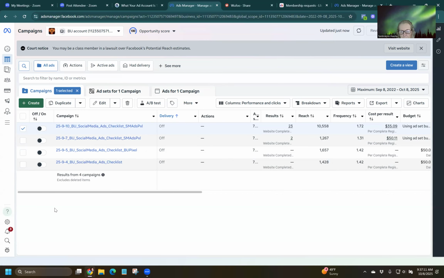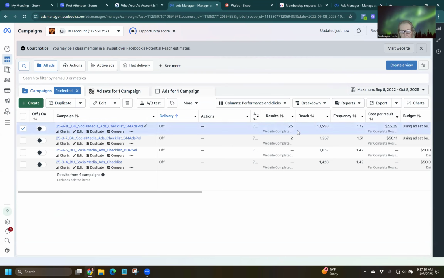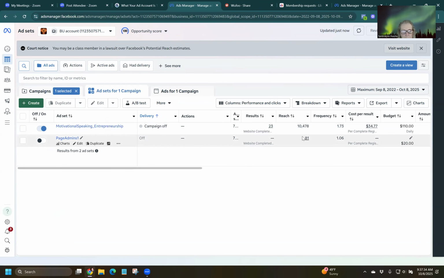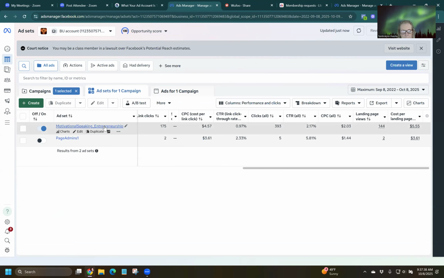Making sure everything is talking from the landing pages back to Facebook, making it show up in the columns, and you're choosing the right conversion event and the pixels are firing and all these things. So we ran it here and we're like, nothing is showing up, and then we got it to work. But this was the one that ultimately worked, and it worked good.